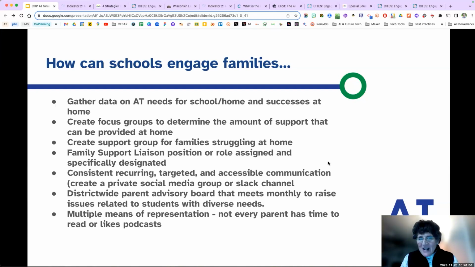And I was also adding into the chat, in case anyone's interested, next month's community of practice, as we're talking about what Jennifer was saying about having your IT department involved. Dr. Robert Smiley from the School District of Janesville is going to talk to us about assistive tech and IT together for students. That will be a huge presentation that will bring all this together. So I'll throw that in the chat. Nice. Thank you, Kath.